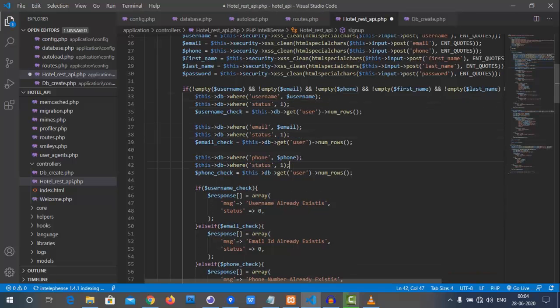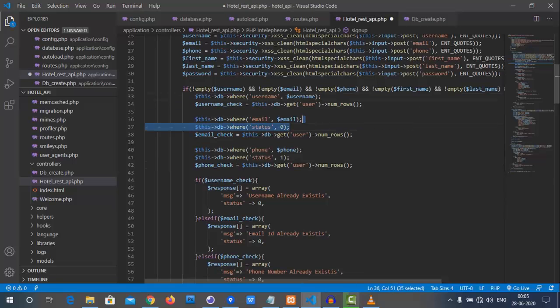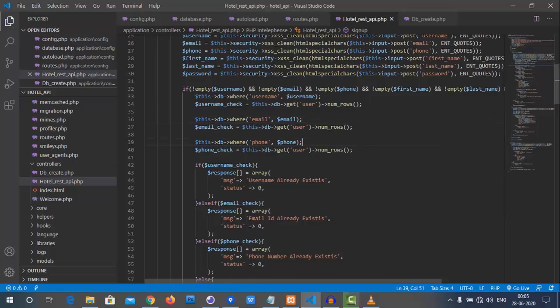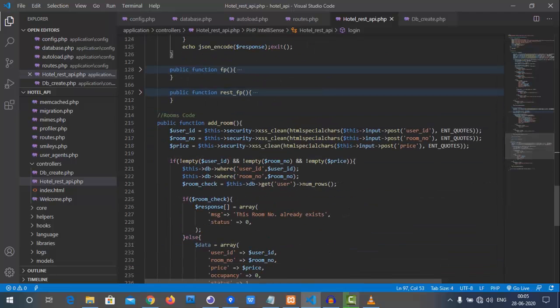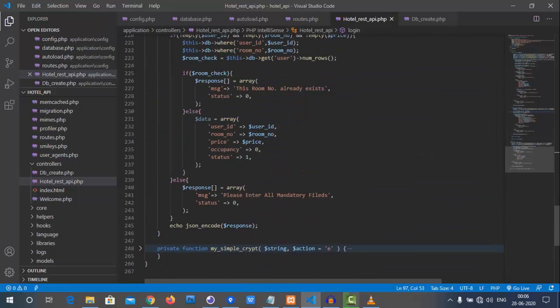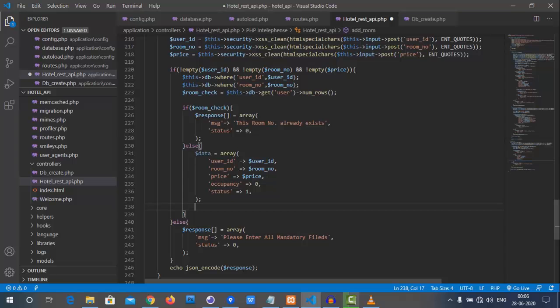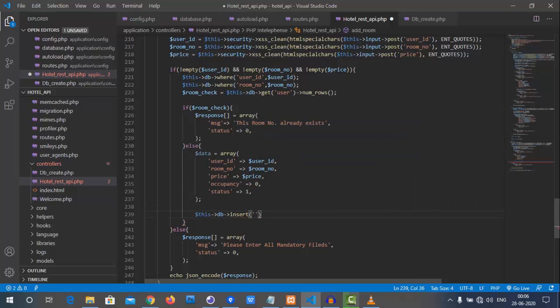And also at the time of registering, sign up, we need to check whether that username already exists or not, and whether the email ID already exists or not. If they already exist, then we tell them. We need to check the user email ID with status, so that if he has deactivated it and again wants to reactivate it, he can't reactivate. So that's the reason, with the same email ID and same credentials, he can again create it. So that will be the main intention of checking the status.